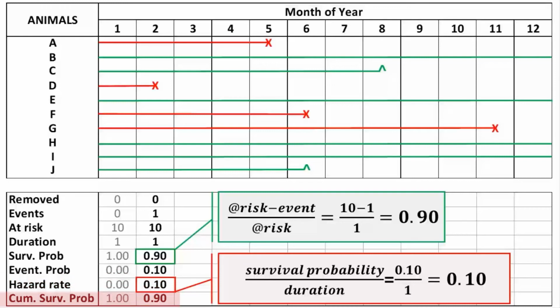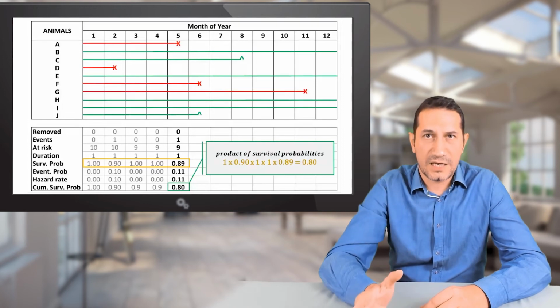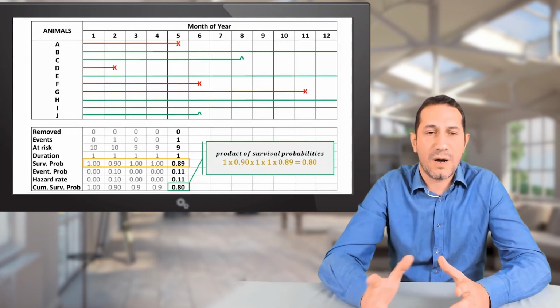Now, to calculate the survival probability, we use the concept we mentioned, that we say the animals at risk minus the event, the number having the event, above the at risk, and it will give us 90%. And the hazard rate in this case is survival probability above the duration, which is 10% above 1, yielding 10% again. And so on, we continue with the calculation, and we, let's say, go up to the second